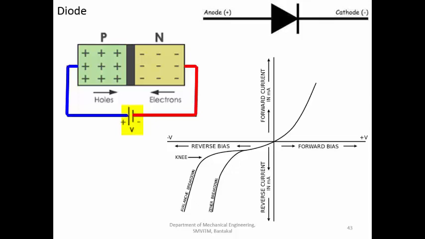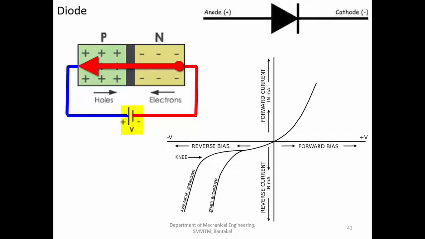Then what happens? The negative electrons are more here, so they will come here and fill up all this region. And there are so many electrons and so much energy that they will simply jump into this particular region, flow into these positive spaces, and come towards the positive terminal, and the circuit is closed.